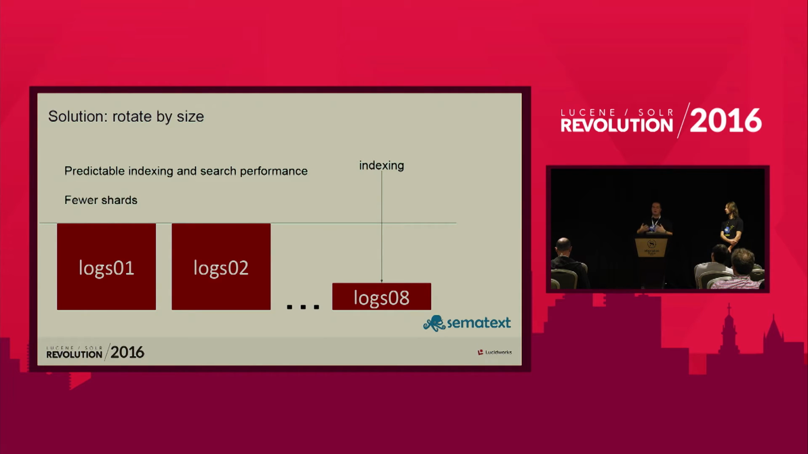Again, predictable indexing and search performance, as we already mentioned, and fewer shards. Why? Because sometimes, as in the example with the Black Friday, one of the collections was very large, and the others were tiny. Here, if we split by size, we are able to merge those tiny collections together to a given size,